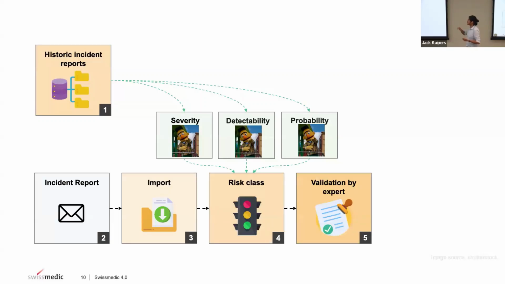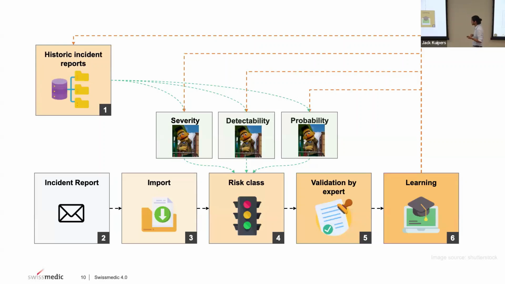The normal workflow is that we start with an incident report that gets imported into our system. The models establish the risk class, which is now automated through these 3 individual models. Then we have a validation by the expert, and we retrain the models. This is our process. Now, I'm just focusing on what we are doing with the machine learning part of this,